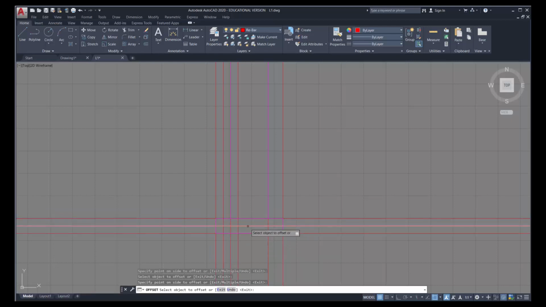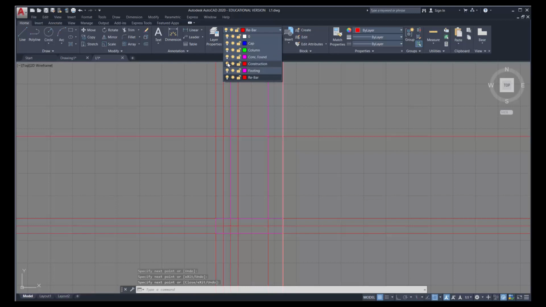And now this line here, we're going to offset that 2 feet. Offset 2 feet, this line up. We're going to draw part of the rebar, turn off all these construction lines, and hopefully that will make a lot more sense to us. So I'm in the rebar layer, click on line. That's the point at the top of my rebar, right here. This is the point at the base of my rebar before the curve. We're ignoring the curve for now. And this is the next point of our rebar. Click on that, press enter, and then I'm simply going to turn off the construction layer so we can actually